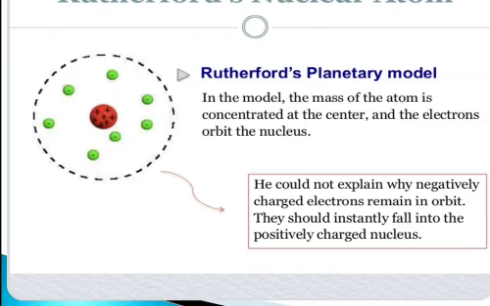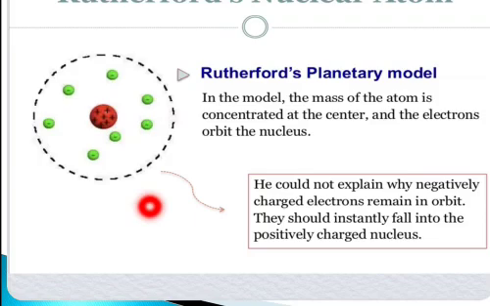Now, according to Rutherford's planetary model, the mass of the atom is concentrated in the center and the electrons orbit the nucleus. But Rutherford failed to explain the stability of the atom. He could not explain why the electrons revolving around the nucleus in orbits couldn't fall inside the nucleus. According to Rutherford's nuclear atom, the atomic structure should collapse after some time, but Rutherford failed to explain the